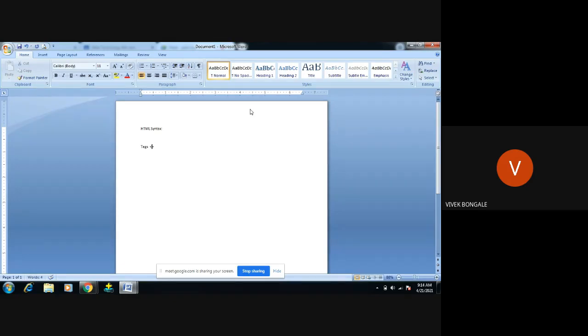Whatever text we write in between these angular brackets, we say it is an element.